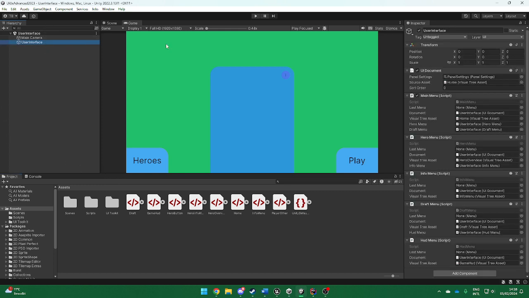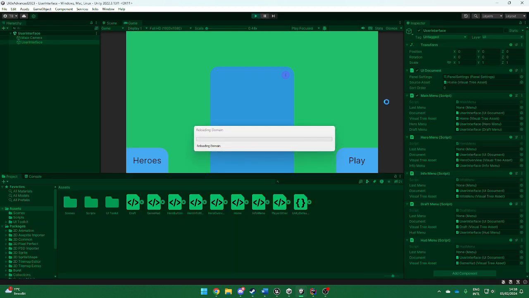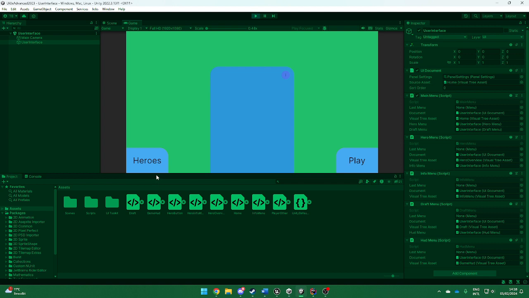So the system in the end works with all these individual classes. That's just a last menu, used for things like going back. For instance, actually, let me show how it works. Go hero, and I can click back. And as you can see in the outliner, or in the inspector,